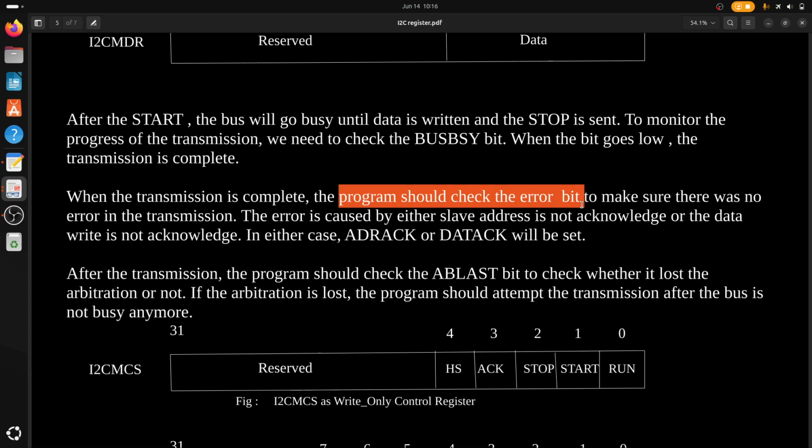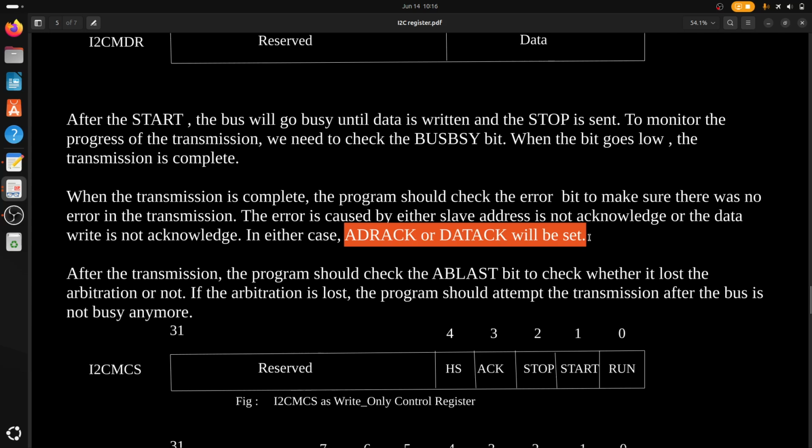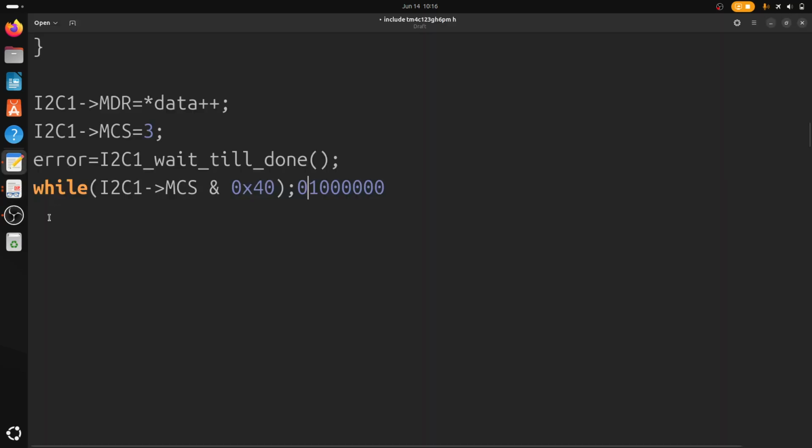The program should check the error bit, and then the address acknowledge or data acknowledgement bit will be set. So the error should be checked and should be set to this address or data acknowledgement bit. So let's write the next line of code. This error should be set to that